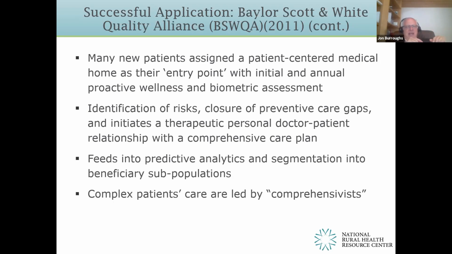And they're trained to basically do what's called parallel thinking as opposed to series thinking. Series thinking is when you go from one problem to the next one problem to the next one problem. Some people are really good at that. Other people are good at parallel thinking, and that's a comprehensivist. So that you can take people with 20 problems and then prioritize which piece of which problem needs to be prioritized at what point in time. That's a different skill set.